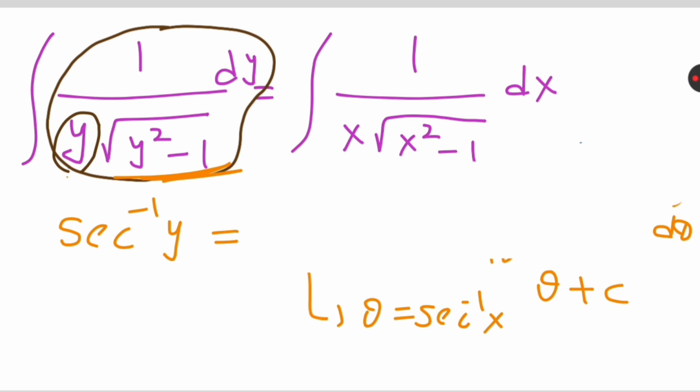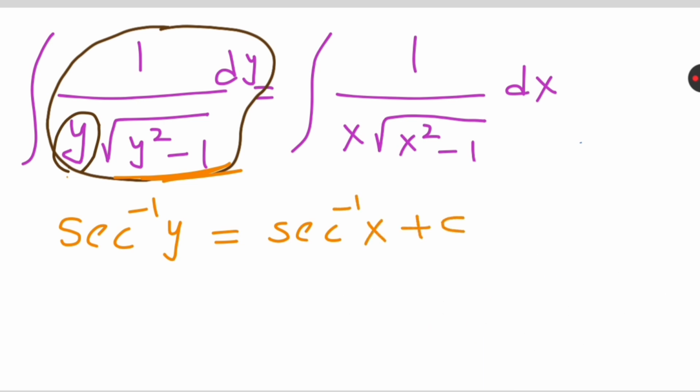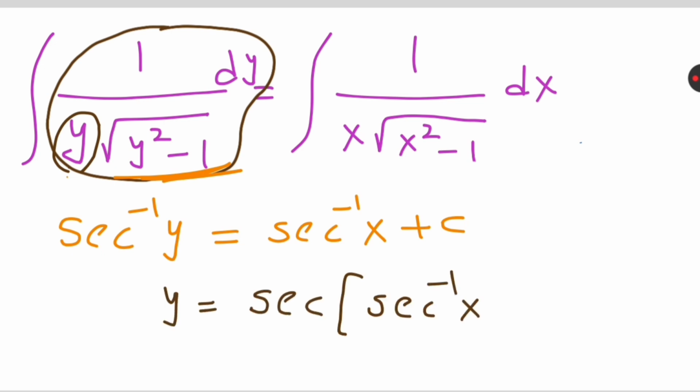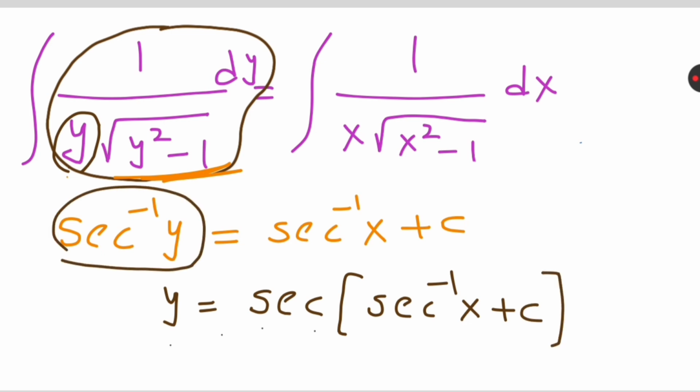Integral of 1 over x square root of x square minus 1 dx. We can write this as secant inverse of x plus some constant. We don't know that constant, we need to find out that constant. From here we can write y equal to secant of secant inverse of x plus c, isn't it? We can write secant inverse of x, that is equal to y equal to secant of this right hand side